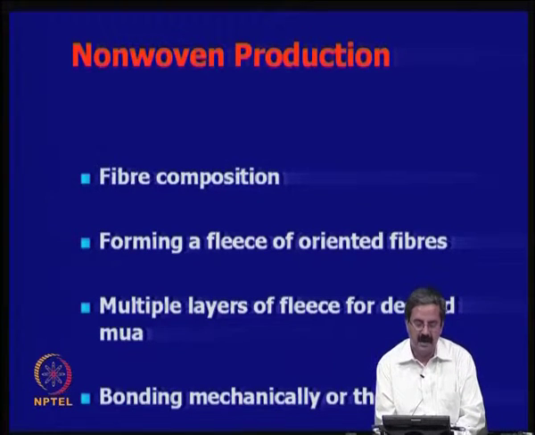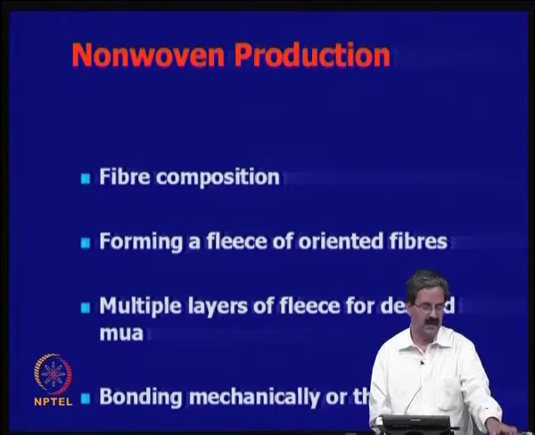This mass per unit area is an important property required in the case of nonwovens. For example, we know paper: you say it is 80 GSM, 80 grams per square meter, or you take a silk saree, you say about 200 GSM. It denotes the quality of the material, like you are having a very good density of paper or any cloth material. Then it shows that it could be much stronger, durable and all that.